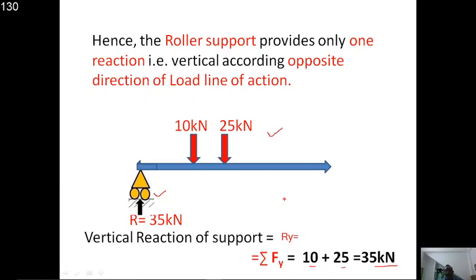If any inclined force is there, it cannot stay; the roller will move, hence the object will move if any structure faces inclined forces with the roller. So generally we provide only vertical forces for the roller structure according to its axis.